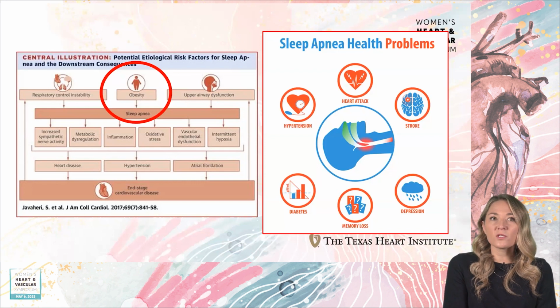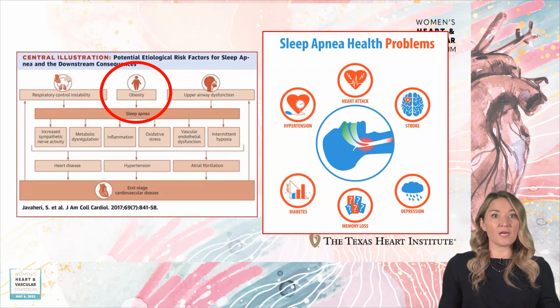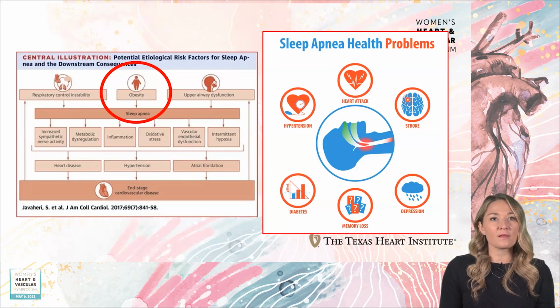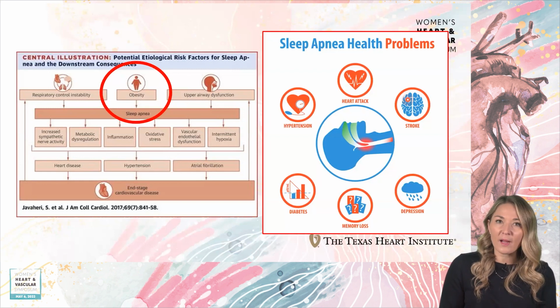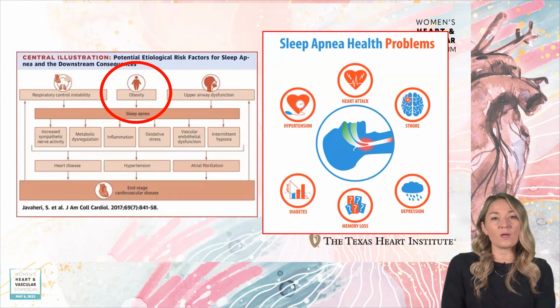And patients don't often know this. So when I have this conversation with patients about why I care about the sleep study that I want to order, they're surprised and they jump on the bandwagon like, okay, you're right. I guess I just thought sleep apnea was a different topic, didn't relate to my organs, and was just about my oxygen when I was sleeping. But when you put it into the big picture, a lot of patients can understand why it's important to treat. So sleep apnea is a part of our American Heart Association Life's Essential 8, and I'm a huge proponent of screening almost every patient, especially if they're a snorer or if they're overweight, and it's easy to do nowadays.